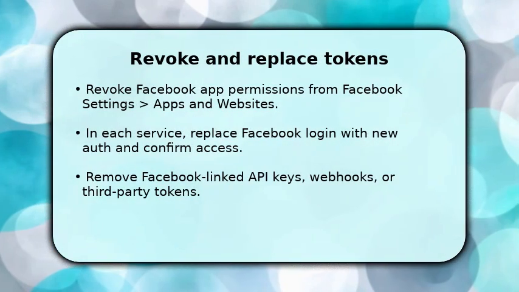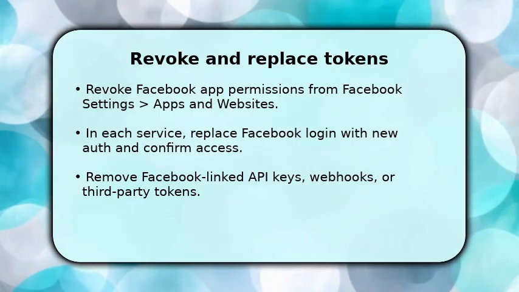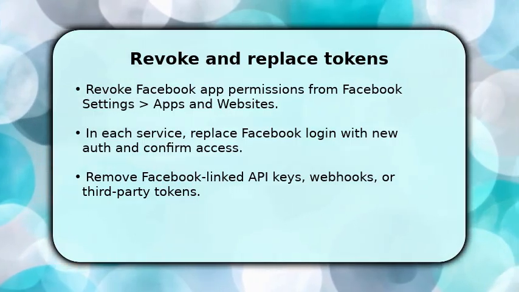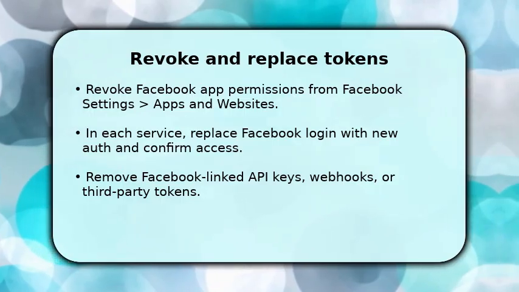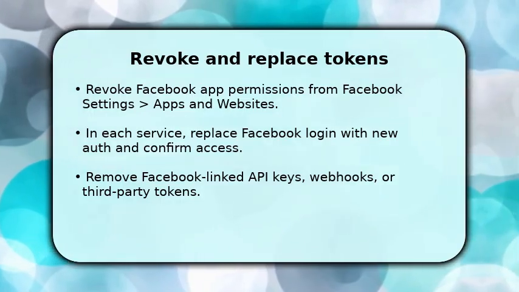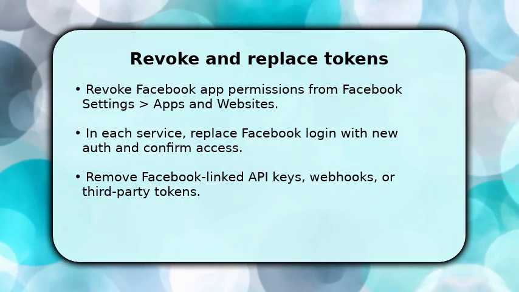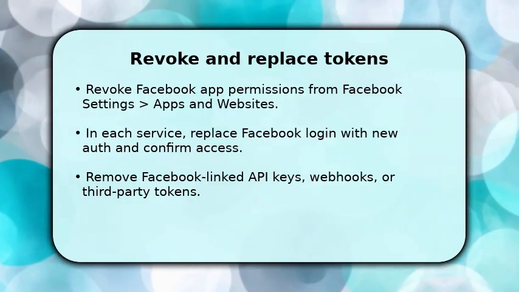Now you revoke Facebook-based access and replace it. From Facebook, go to Settings, Apps and Websites and remove the apps you no longer want linked. This invalidates tokens. Then, within each external service, add and verify your new login method, logging out and back in